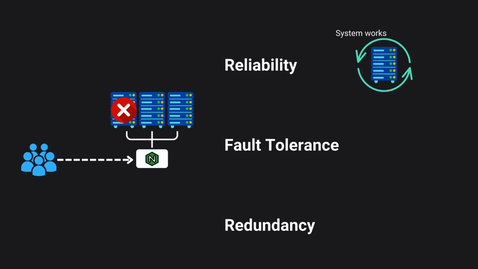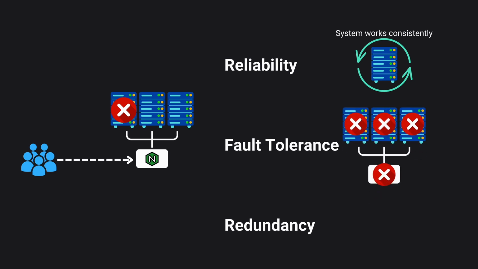Reliability means ensuring that our system works correctly and consistently. Fault tolerance is about preparing for when things go wrong. How does our system handle unexpected failures or attacks? And redundancy is about having backups, ensuring that if one part of our system fails, there is another ready to take its place. We also need to measure the speed of our system, and for that we have throughput and